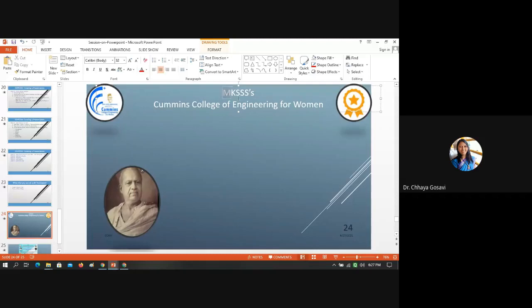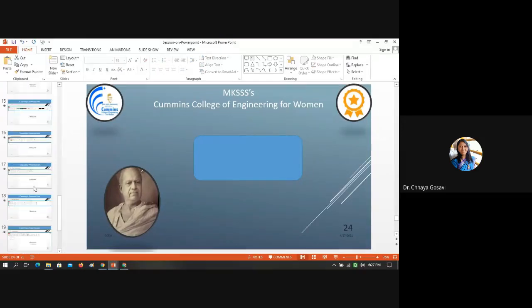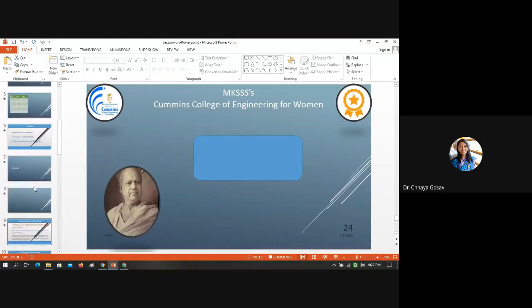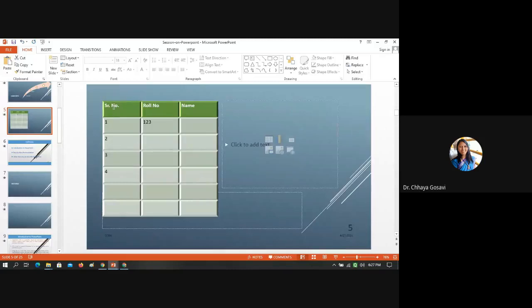You can change this to SmartArt, or change the direction of the text, which I missed here. So suppose in this table we want the roll number or serial number or name, the direction we can change like this.